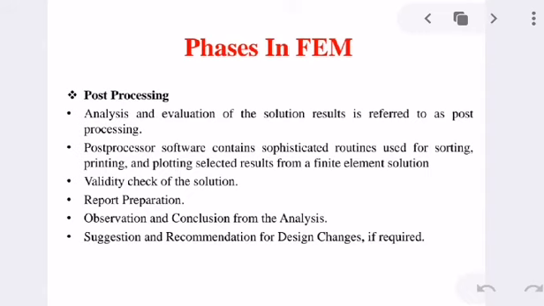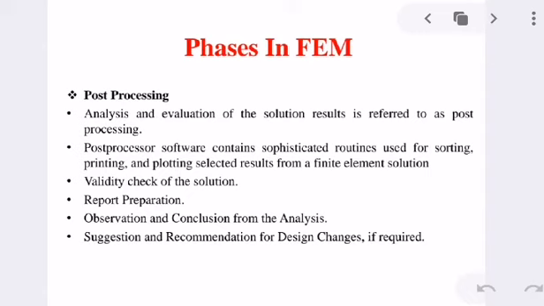Examples of operations that can be accomplished during this phase include sorting element stresses in order of magnitude, checking equilibrium, plotting deformed structural shape, animating dynamic model behavior, or producing color coded temperature plots. These all can be done in post processing